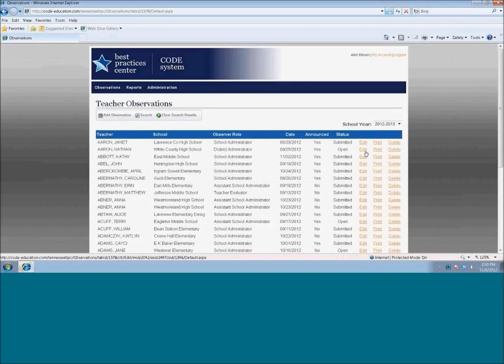You will only have the option to edit observations on your screen if the status is open. So you will not see the edit or delete button when your observation has been submitted, like you're seeing here. And at a later date, when last year's data is imported, you'll have the ability to scroll down and select last year's